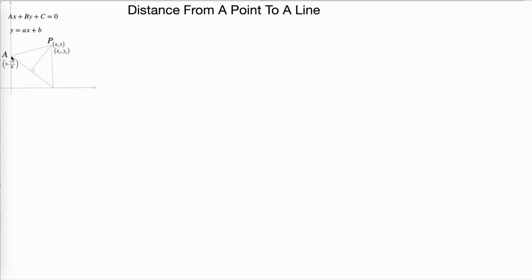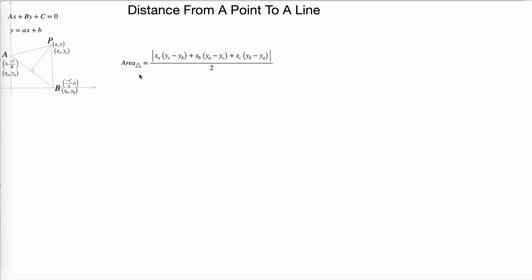It's on the y-axis. This is the y-intercept, which is negative c over b. So this would be our xa and our ya. Point B is on the x-axis. This would be our x-intercept. Negative c over a is our x-intercept, comma 0. We're going to call this xb and yb when we look at our area of the triangle formula given the